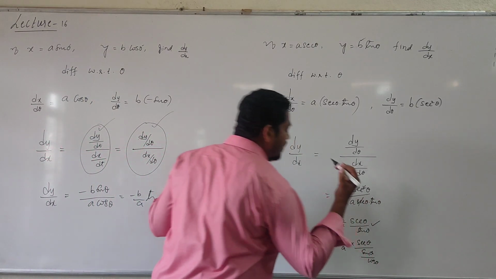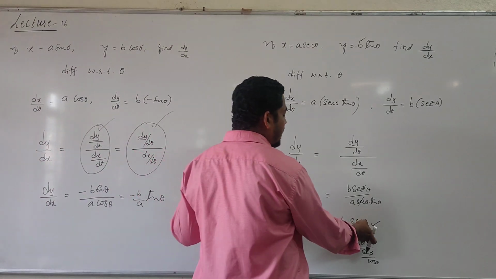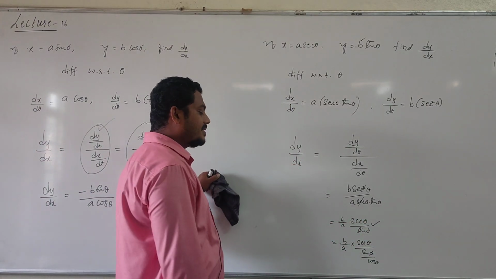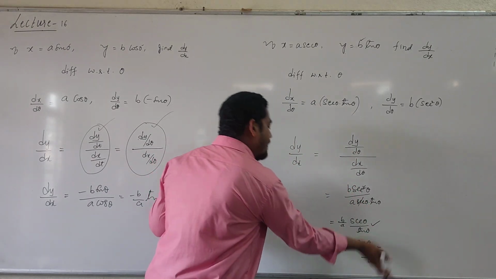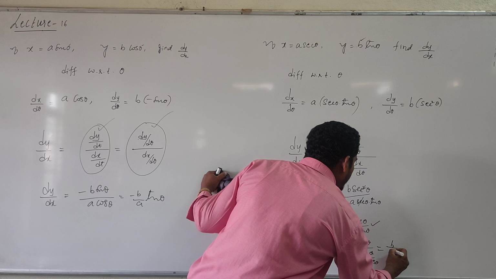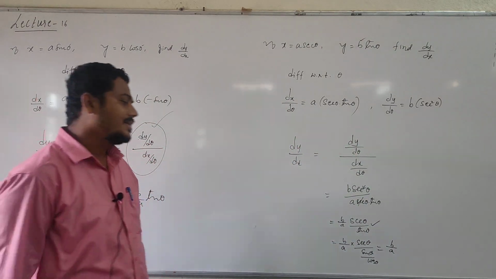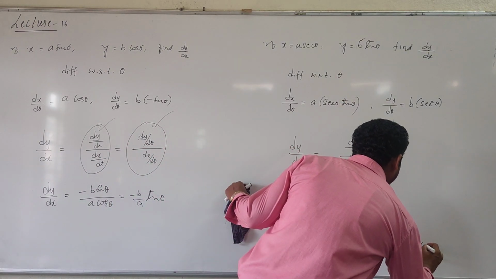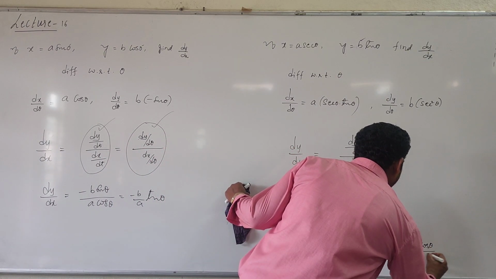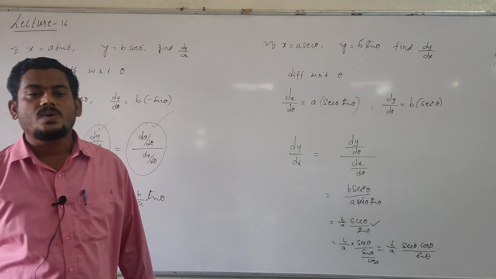Otherwise stop here only. Right? If you are interested, then write in terms of sin and cos and simplify. Then this cos theta becomes the numerator. B by a, denominator of denominator becomes the numerator. Then it will be secant theta into cos theta, secant into cos divided by sin theta as it is. Already you know secant into cos value.